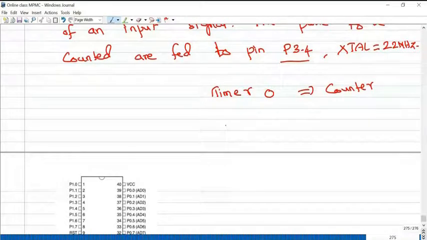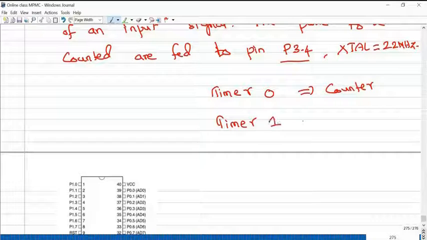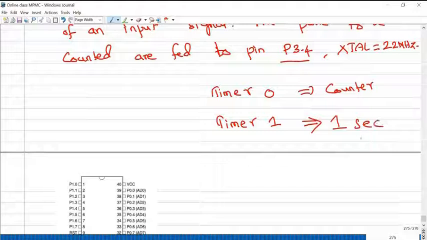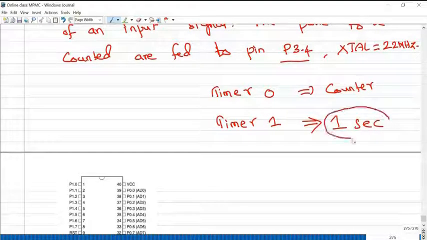So in the first example, what I'm going to do with timer 1, for a particular amount of time, how many clock pulses reach the microcontroller? Say for example, I'm going to set timer 1 for 1 second. So for a 1 second time duration, how many clock pulses reach the P3.4 pin? For this logic, we are going to write the program.